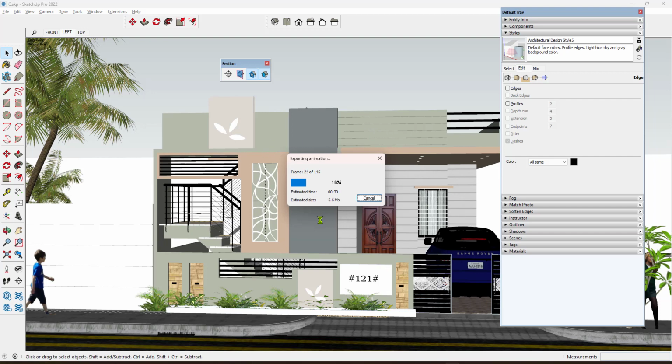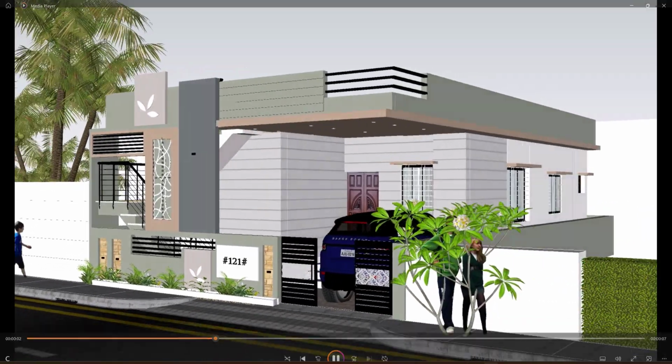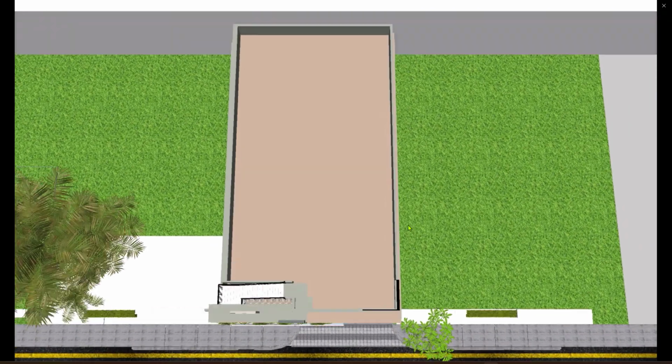So once it's done, then you will get the video form of the animation. So this is how you get the exported video.